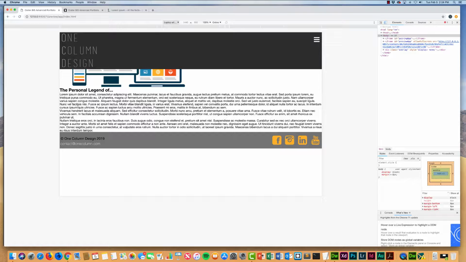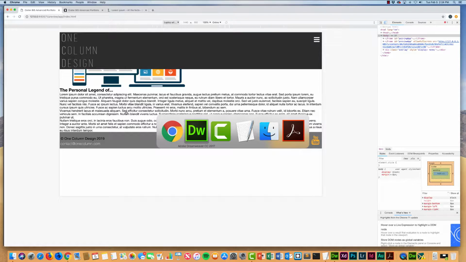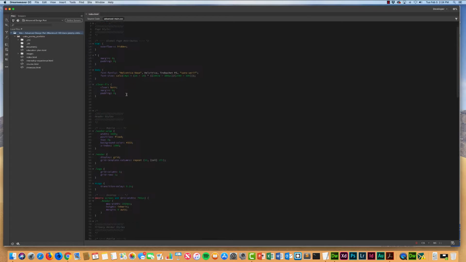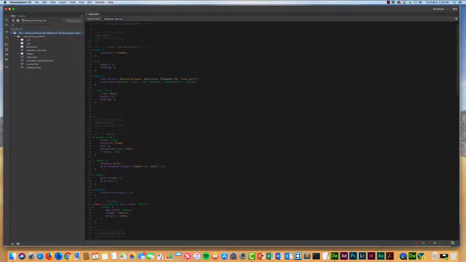And then our text here has no spacing, it's slammed over here to the left. So we want to make this look nicer and make it display properly. So we're going to tab over to Dreamweaver here and get into our style sheet. So before we do that,